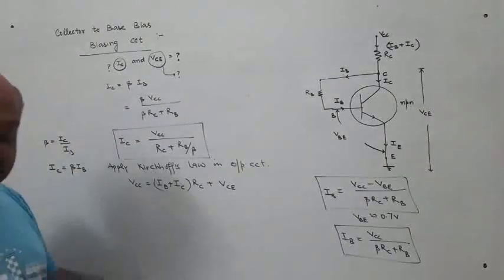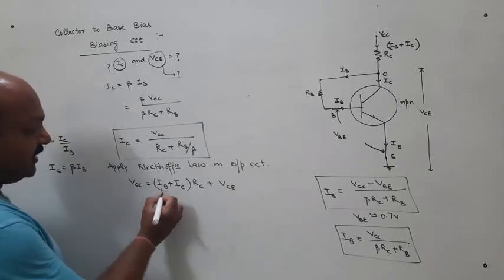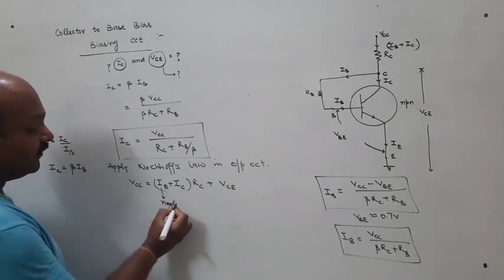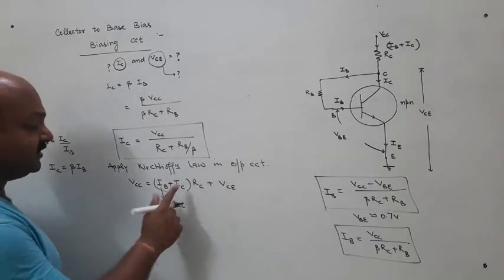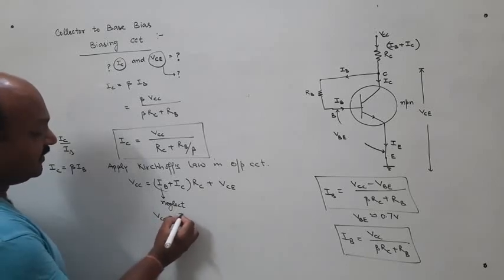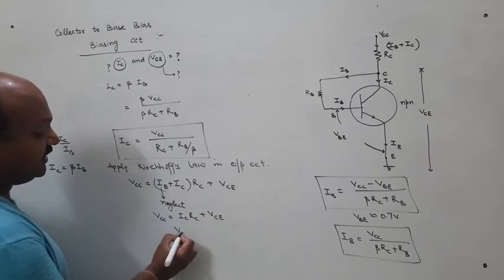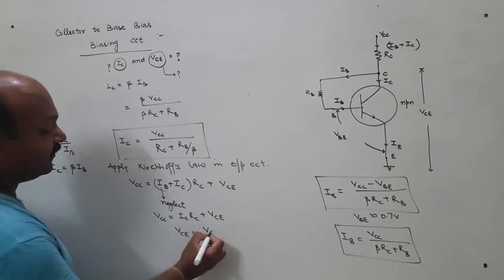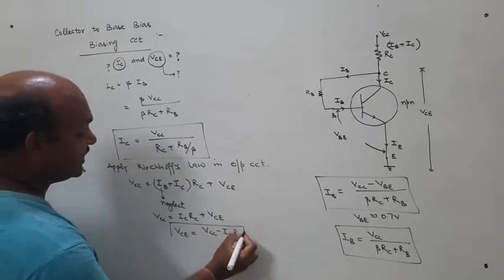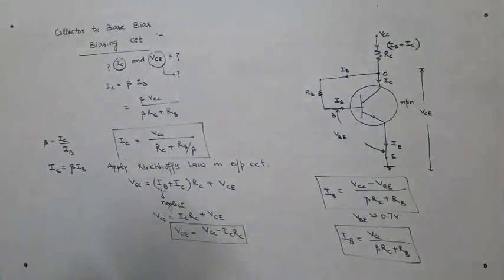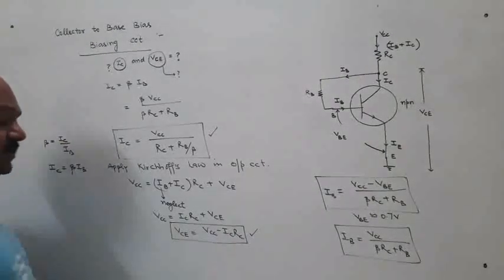So from this output circuit, now we will try to find this. It is a very simple calculation. Here we neglect this term. Why do we neglect this term? Because IB is very small as compared to IC. So this formula will be simplified as, so VCE will come out to be, so this is the second parameter for the operating point. IC is calculated using this formula, VCE is calculated using this formula.